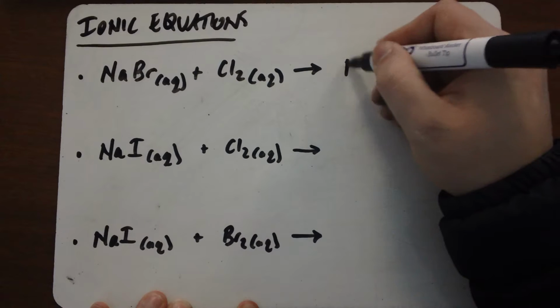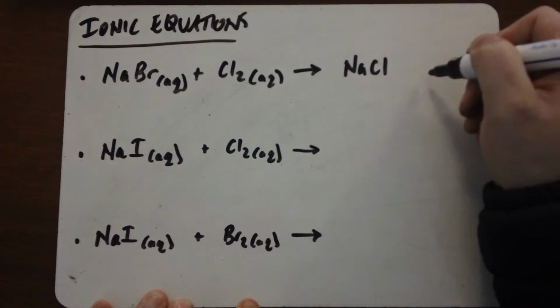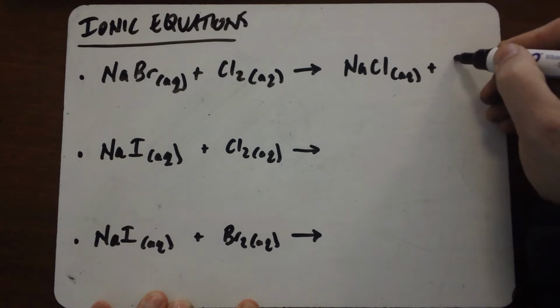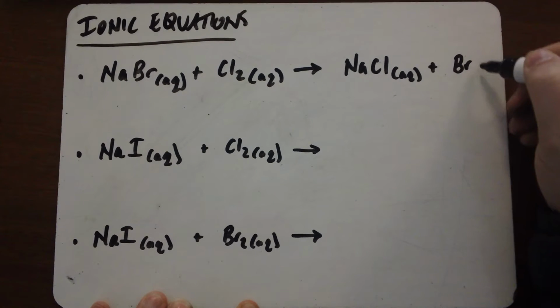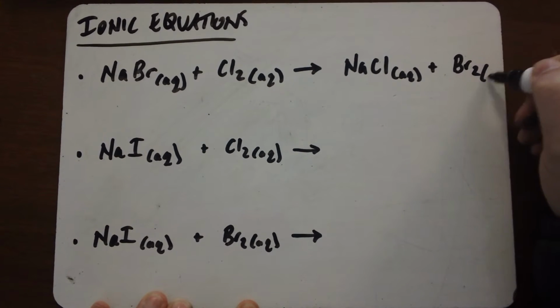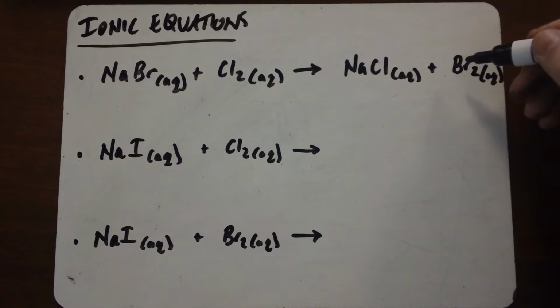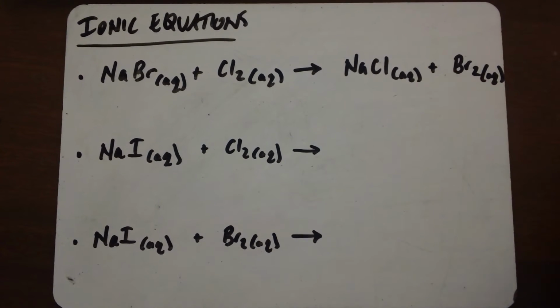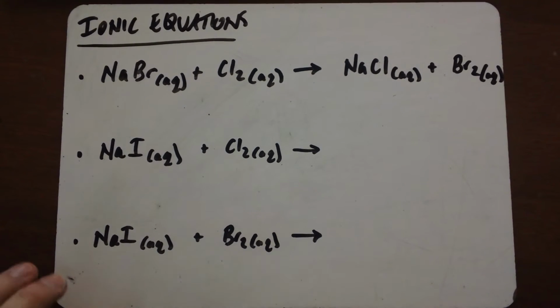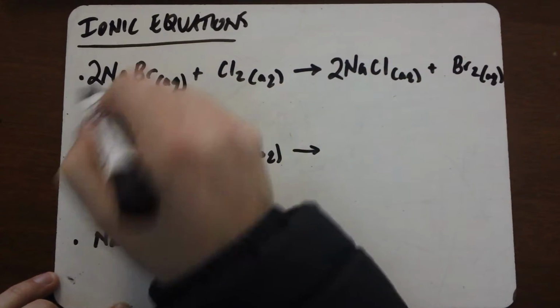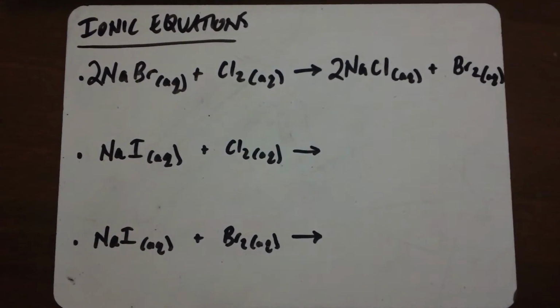So what we produce is NaCl aqueous, and we also release the bromine, Br2. Now this bromine is orange in colour, so that's why the solution turned yellow. It was quite diluted. So the first thing we need to do is balance the equation, and that looks balanced to me. The next thing to do is to then